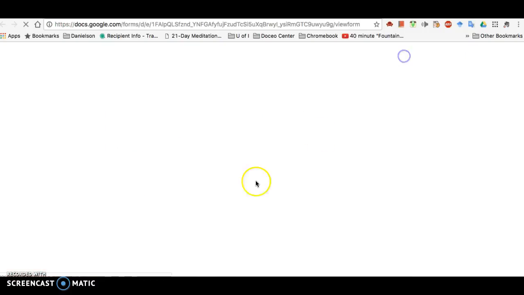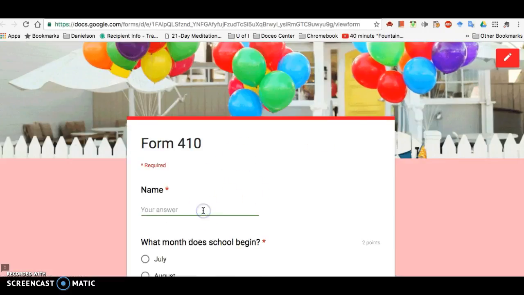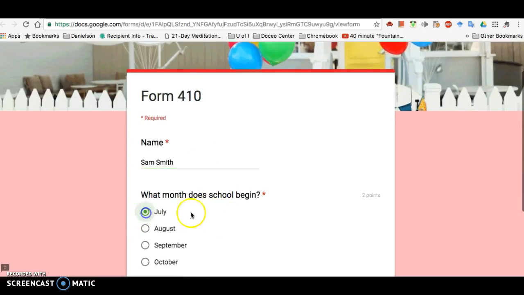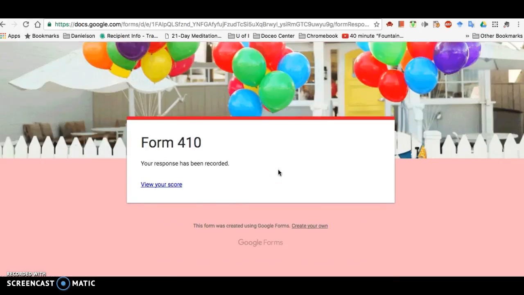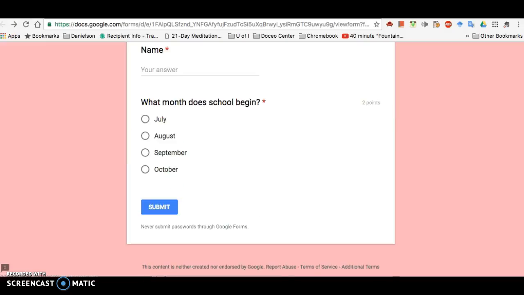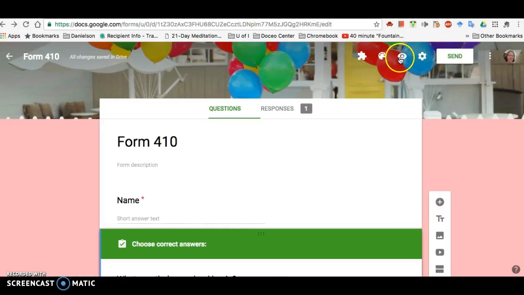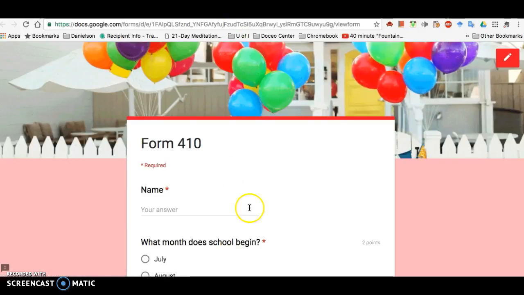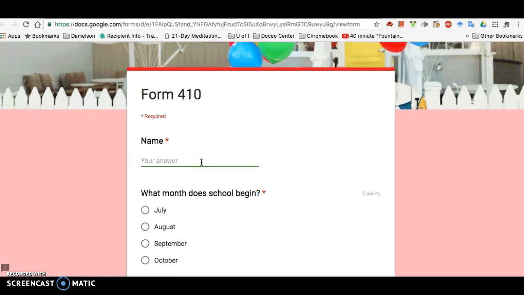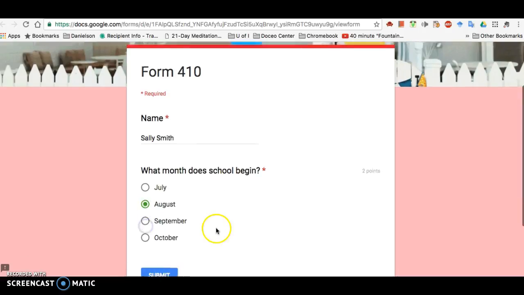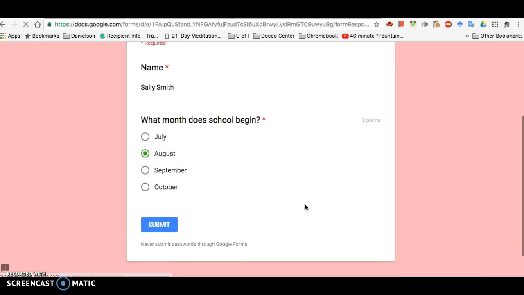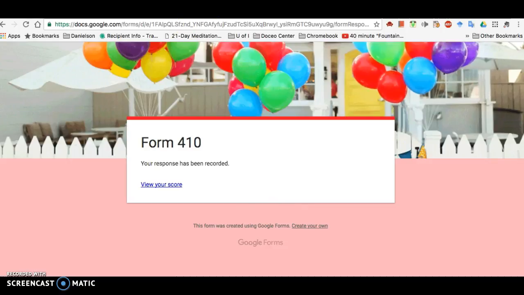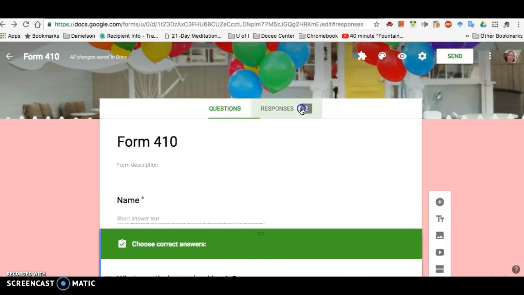So if I went up out here and I did preview, and I started just making up some answers here and hit submit. And then let's see, I'm going to go back a couple here. I want to go, all right, let's preview it again. Okay. And let's put Sally Smith in this time, and maybe Sally thinks that August is the right answer, and we're going to hit submit there. Okay, so now when I'm in my form, you will see that I indeed have 2 responses,